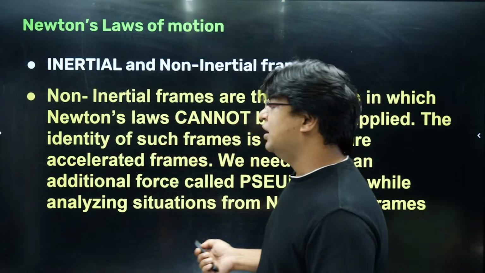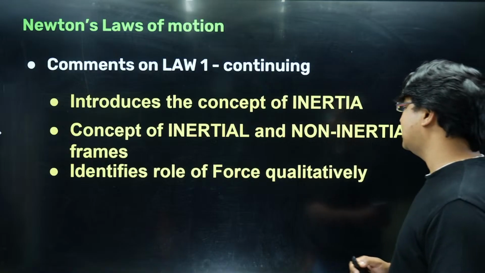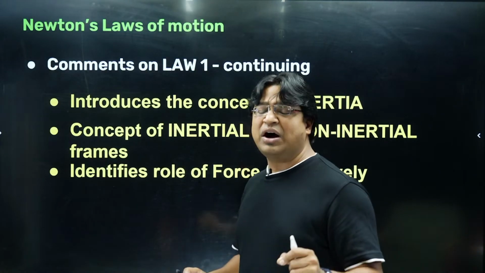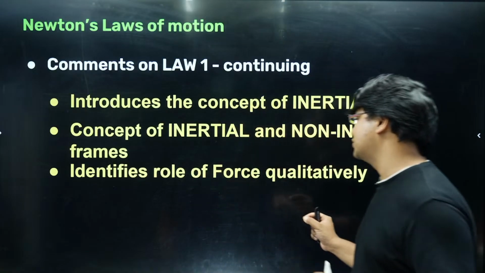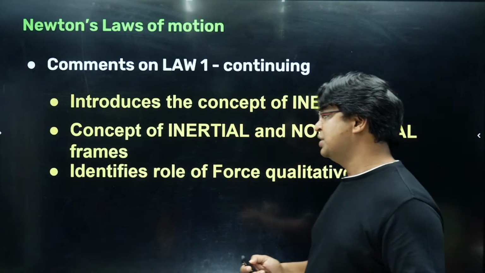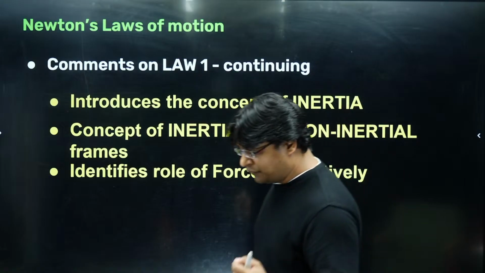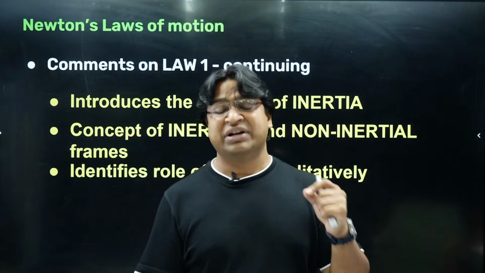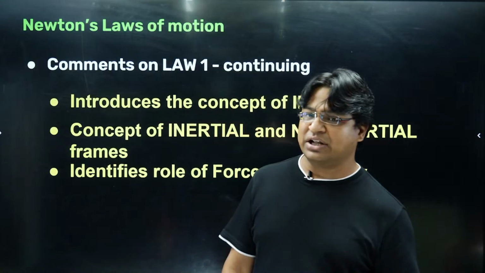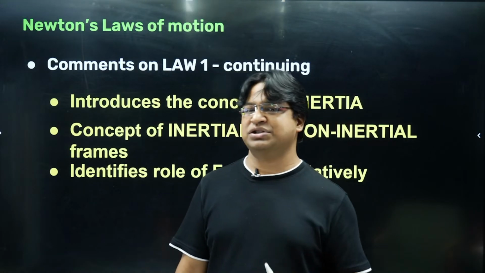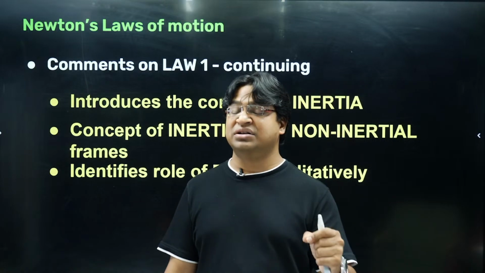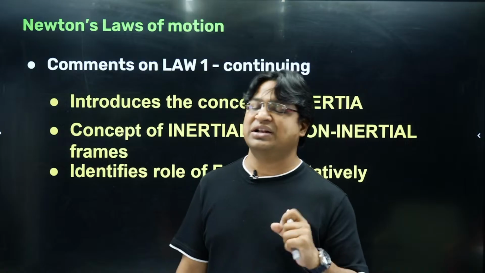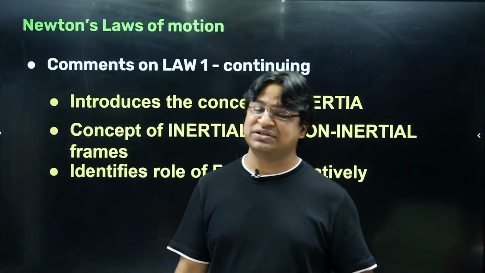Anyways, now the third, this I already spoke about, that the first law identifies the role of force, what role force can produce. For example, we discussed that force is needed to produce acceleration. What the first law does not tell us is how much force is needed to bring about a certain amount of acceleration in a chosen object. First law doesn't tell us that. For that, we have the second law.